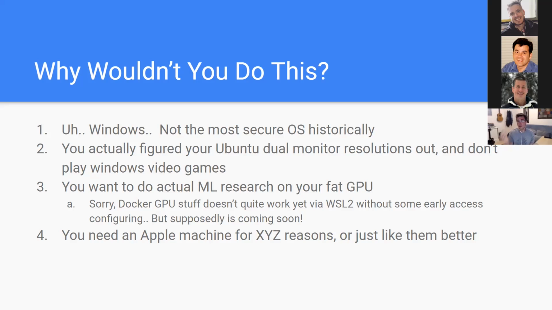And finally, if you do need an Apple machine for reasons like you're developing Apple Pay or something like that, or you just like them better, which is totally cool, they are pretty good, then that is another reason not to do this. But other than that,